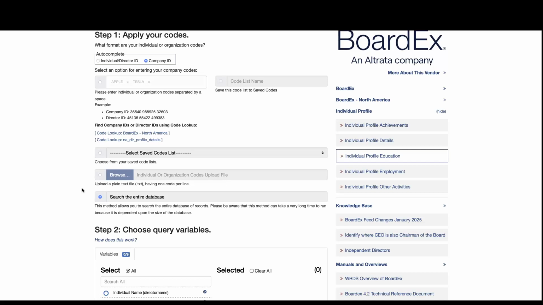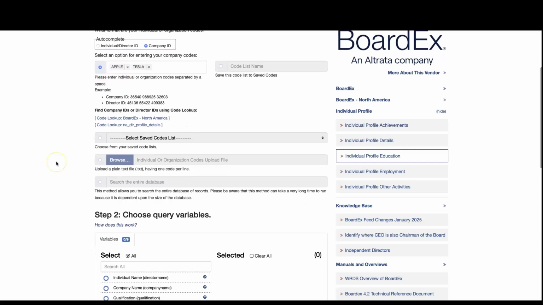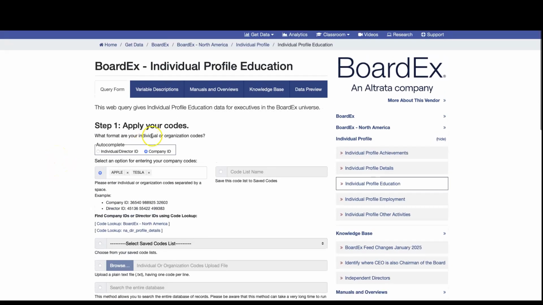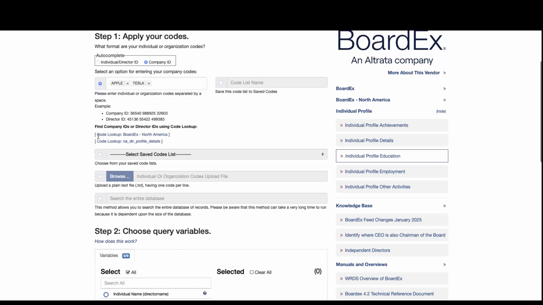I have tried using a very long query and sometimes it says that we cannot get that data because it's too long, too huge. So for now, let's stay with Apple and Tesla. And now, once in step 1 you have selected your codes for the company,